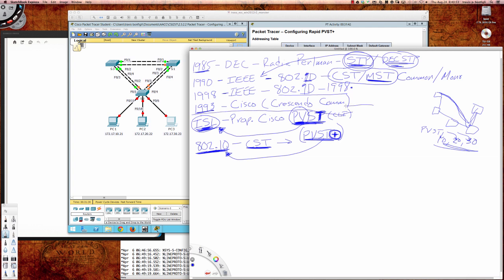Okay, and so let me draw some lines in here for some key points. So that's the PVST Plus story. And then the same thing happened again. Remember, we had set up here that 802.1d was the original draft, and they came out with 802.1d in 1998. And then in 2004